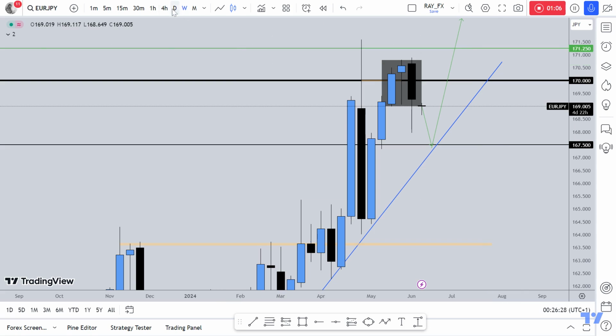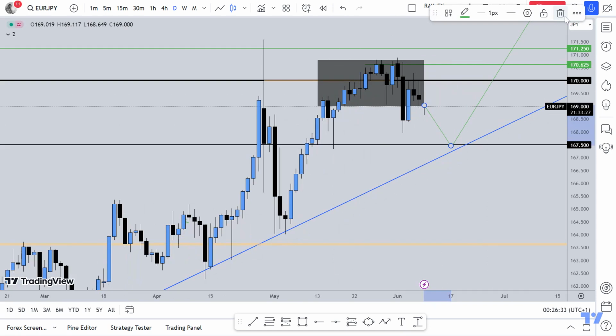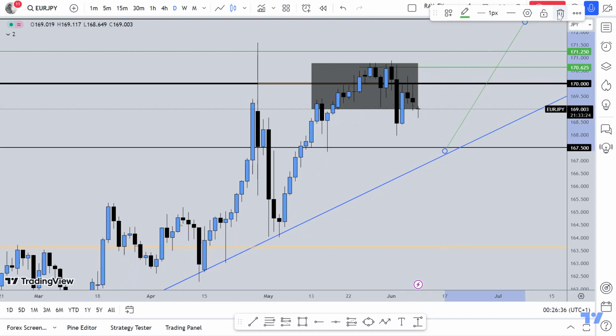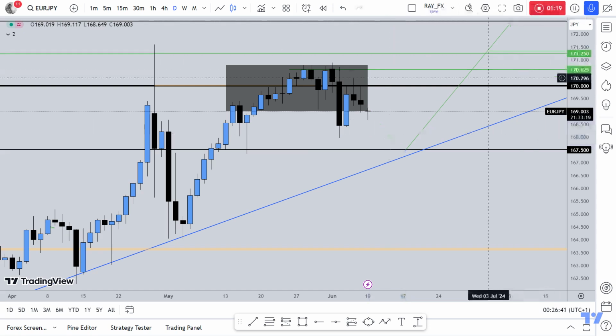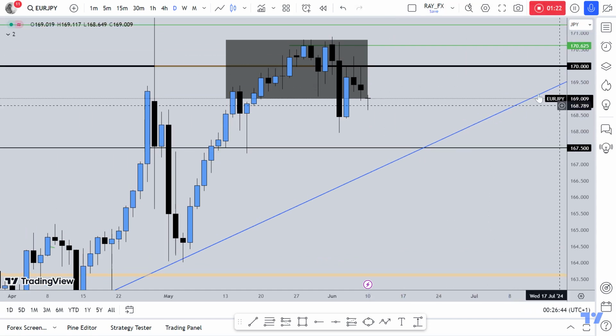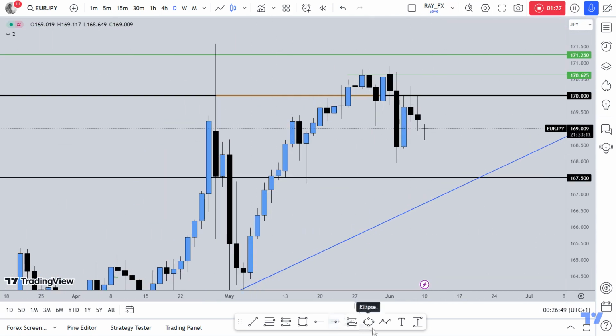Now, let's go to the daily time frame. Looking at the daily time frame, we can clearly see that it was making higher high, higher low, higher high, higher low, higher high, higher low, a double top, broke that double top, and made a lower high. Then we can see that the daily is in a downtrend